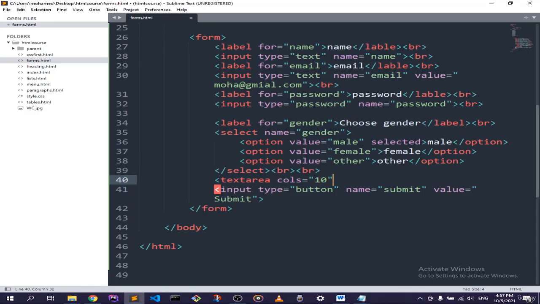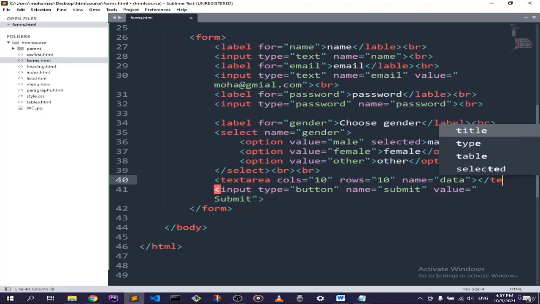Let's say 10 columns and rows, and this also will dictate the number of rows that you are gonna get. And let's also do a name. I'm actually writing the name just to let you know it's really important. And let's say this data, and just set a dummy name for now, and can close this one,